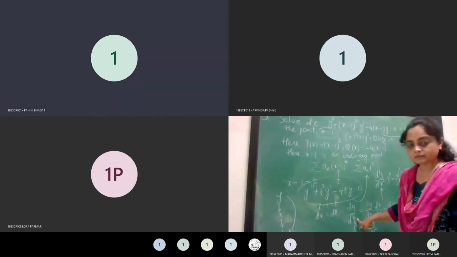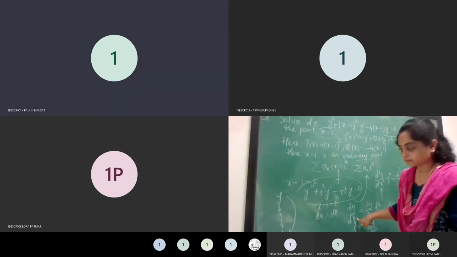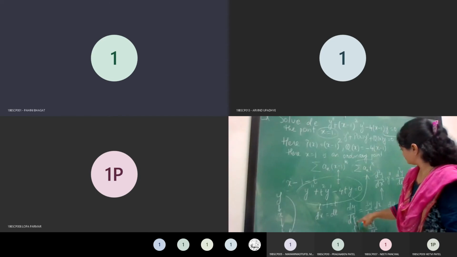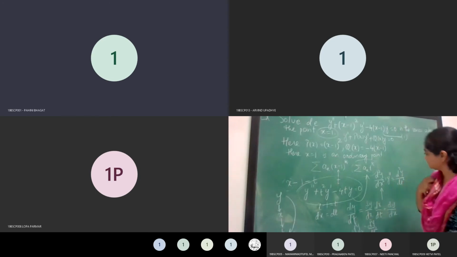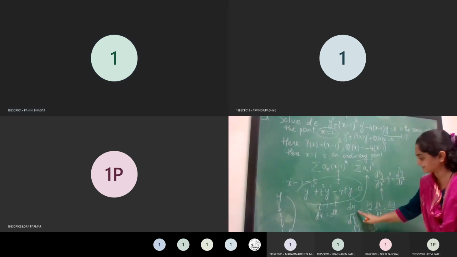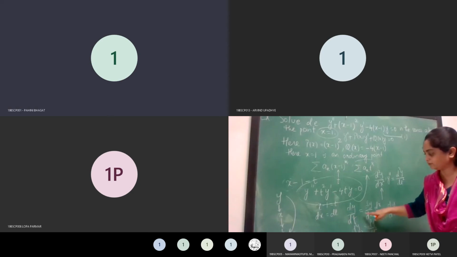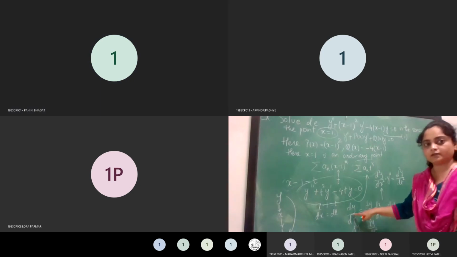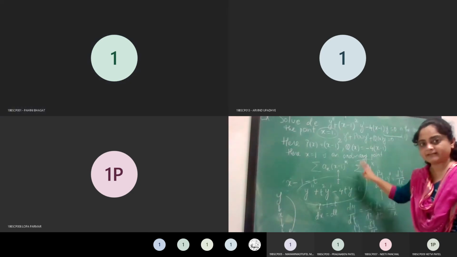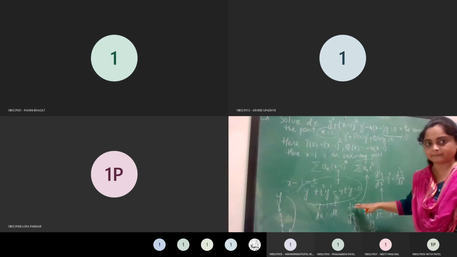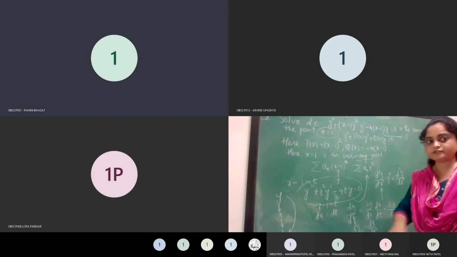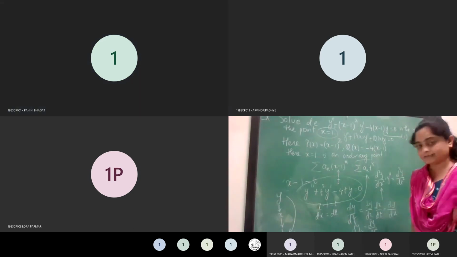I didn't get that. d square y upon dx square equals d square y upon dt square. See, in this case, you again have to apply the chain rule by applying d by dx. Anyway, I will give you the explanation for this one later on. Right now, let me consider the example because it will take time. You just remind me the same at last.